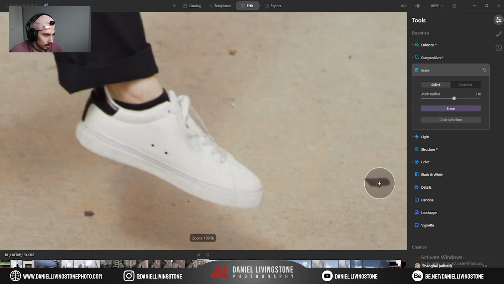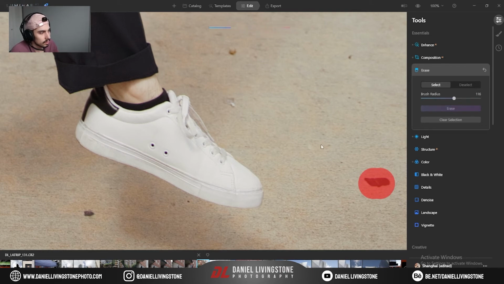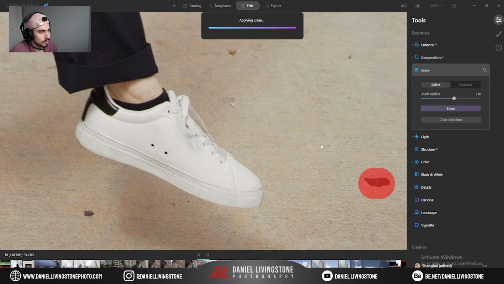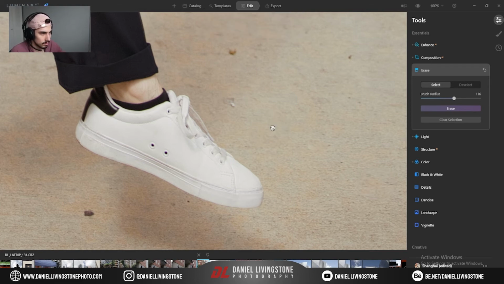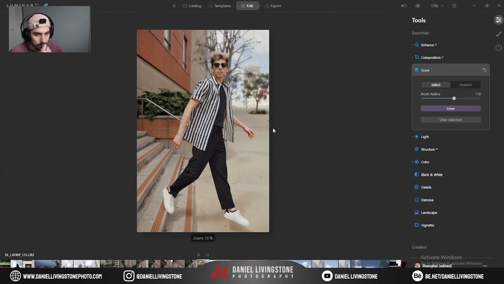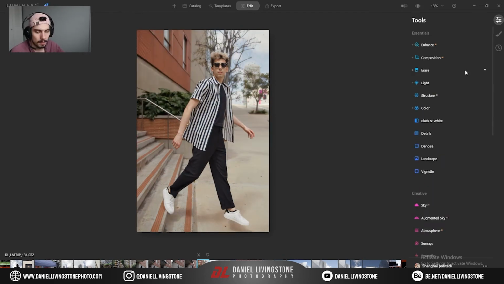Clean up this little dot. That one should be easy. Yeah, I'm happy with this. So we've gone from this to this. It's some subtle edits, but it still has a good mood to it. I might even check out this